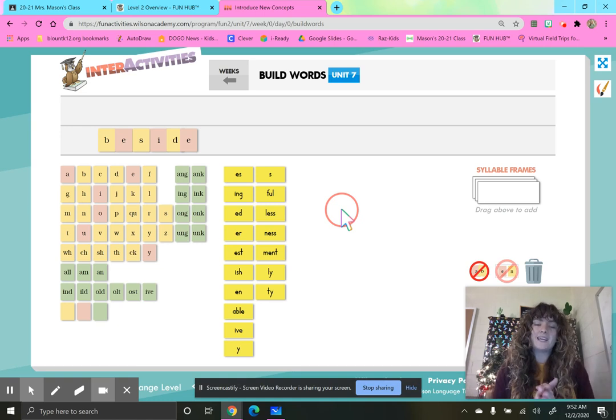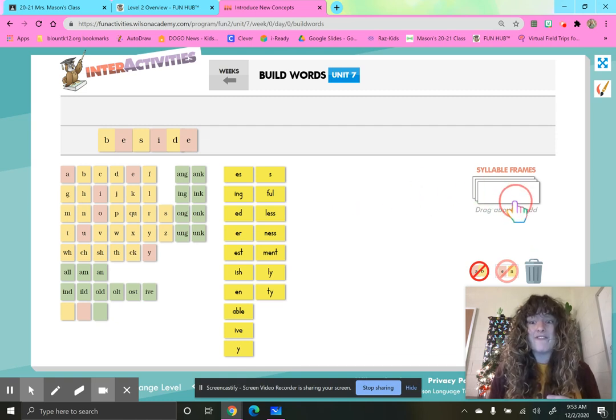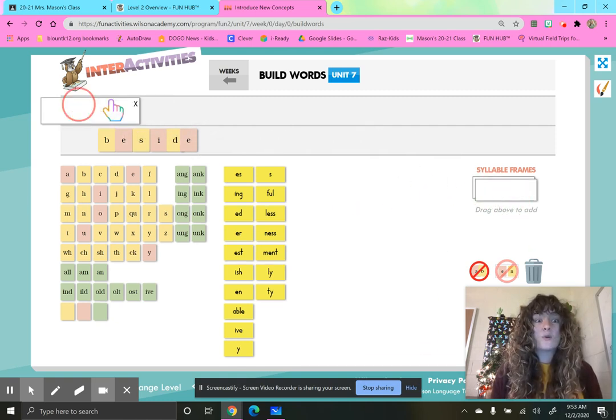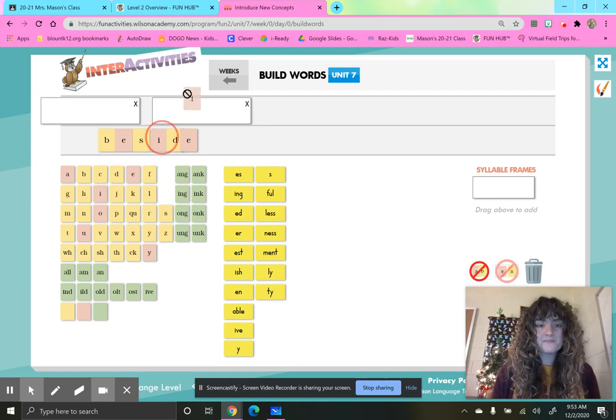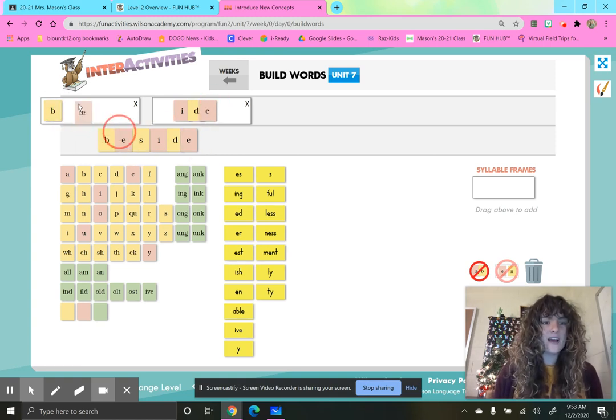Beside. Now remember, when we learned about vowel consonant E sounds, we talked about vowel consonant E syllables. Remember that vowel consonant E stays together. So beside. So I know my I consonant E is going to stay together. And let's go ahead and put